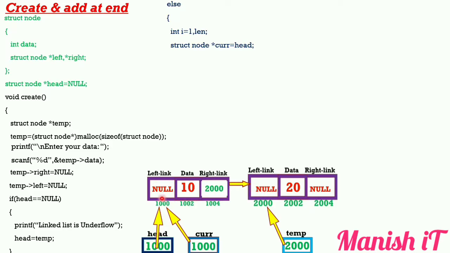So how to write our logic in this null part? Whenever I store the base address, which is head, and we can also say the current base address, whatever is in the current pointer is stored here, so it starts pointing here. Now whenever you store this 1000 here, this is nothing but the left part. So temp to left equals current. That means current is stored in temp to left, and the in-between connection has been created. See, the backward direction connection has been created.